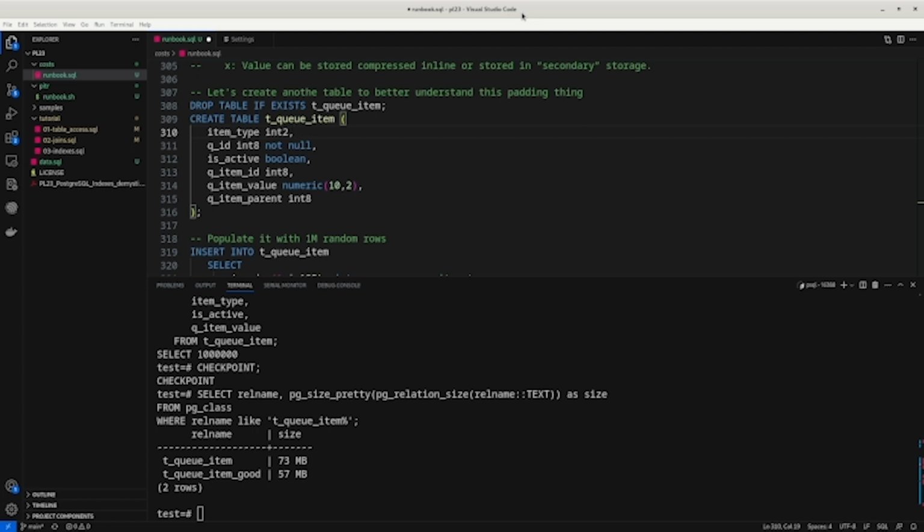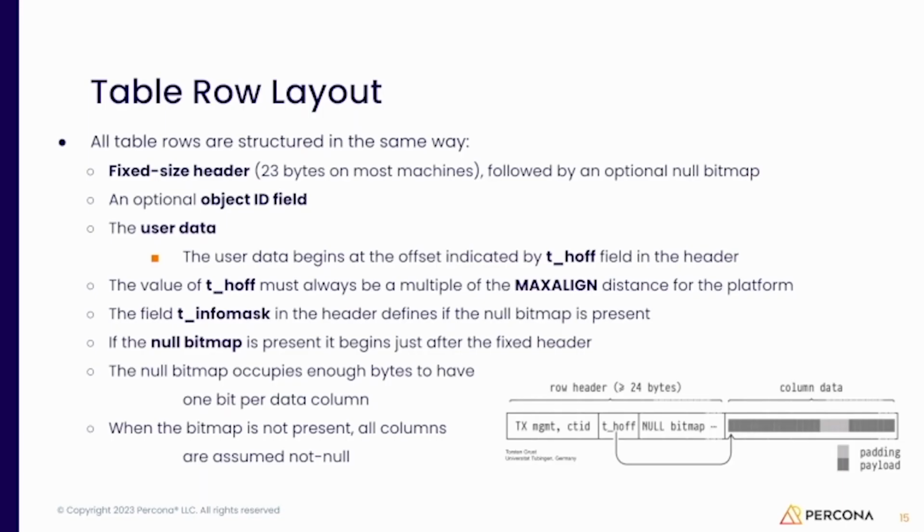So if you go to the slide, yep, each row has a row header and you have a null bitmap, right? Yes, because the null changes from row to row. So you may have one row that has null on that value and another row that is filled. But I didn't understand your question. Yes, it has 1 million rows, yes. Each row has a row header.